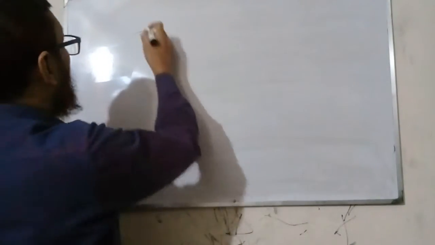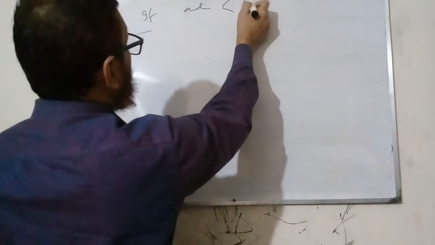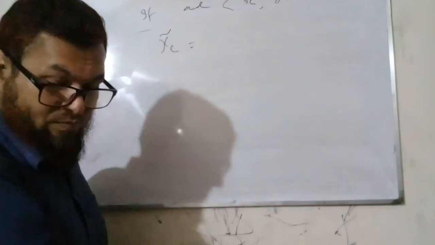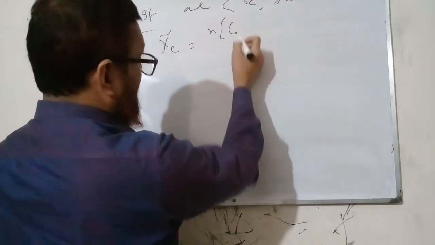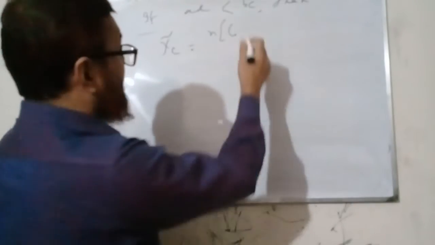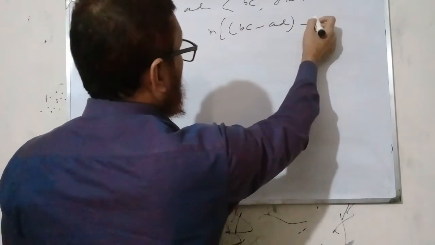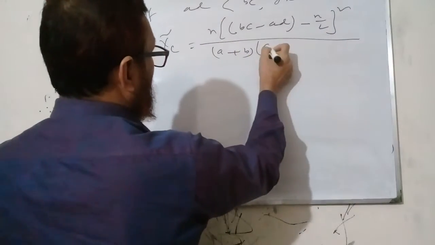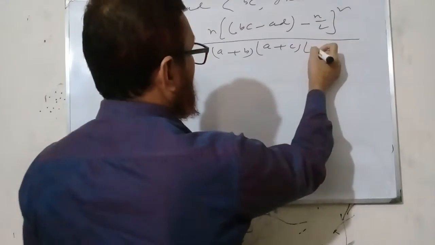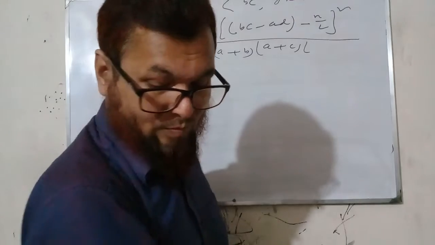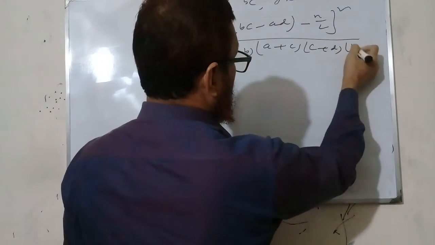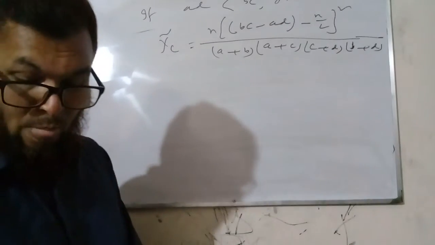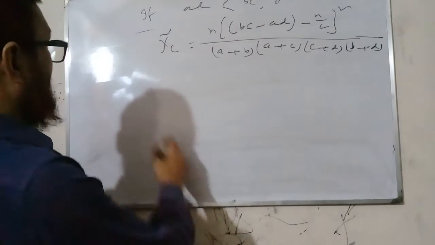If AD is less than BC, then its correction is N into (BC minus AD minus N by 2) whole square, divided by (A plus B), (A plus C), (C plus D), (B plus D). From the above two results, chi-square can be written as